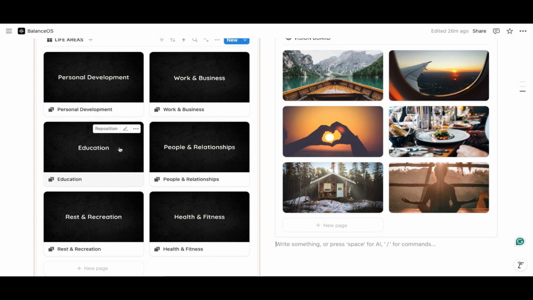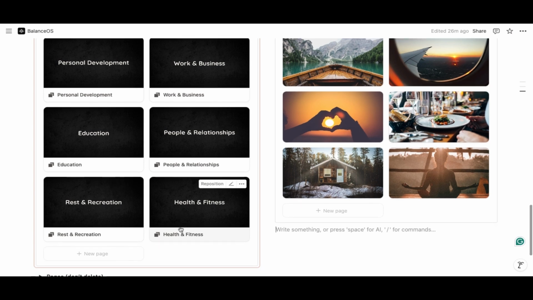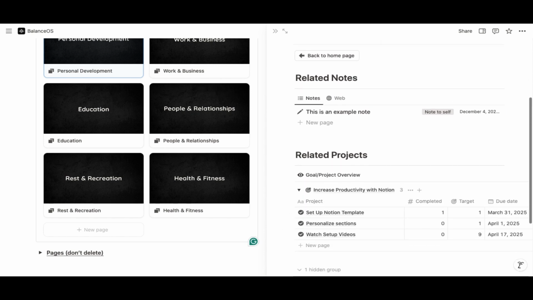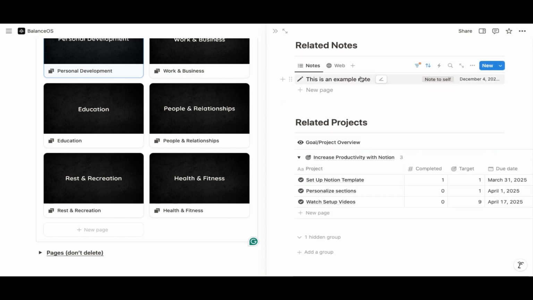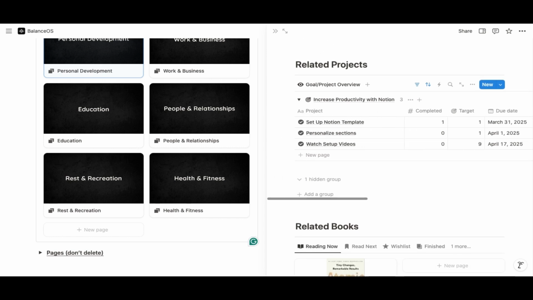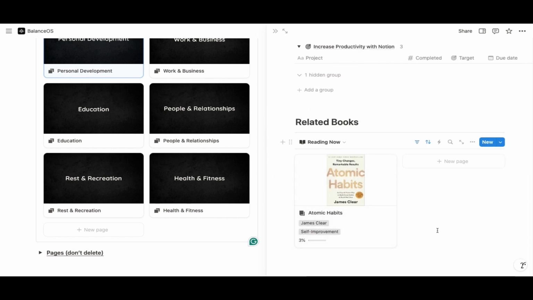The Life Areas section is where you organize your life into meaningful categories, like personal development, work, health and fitness, and anything else that you choose to add. This section helps you align your actions with your values. Each area connects seamlessly with your notes, goals, and bookshelf, so you can view all your goal-related resources like the books you're reading or want to read, notes you've taken, and projects you're working on in relation to that life